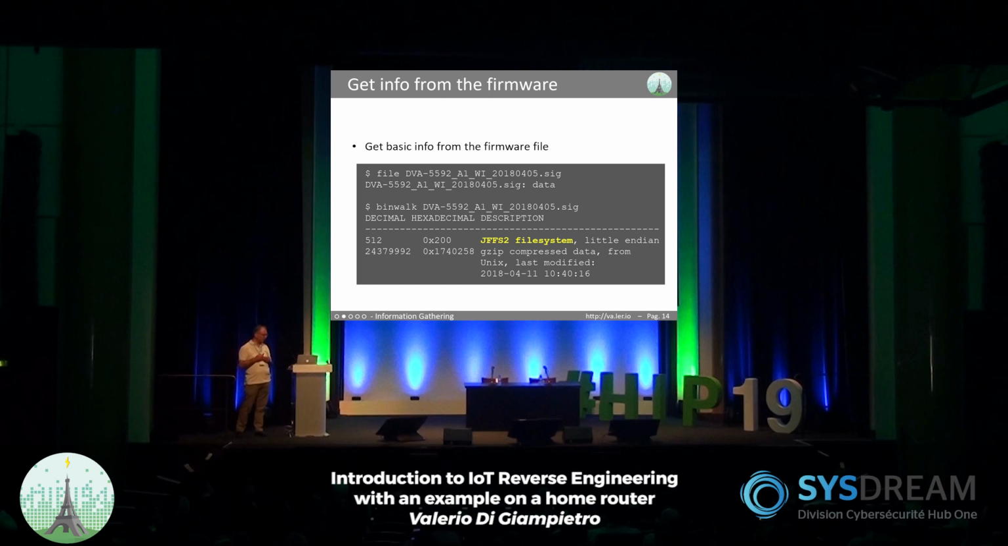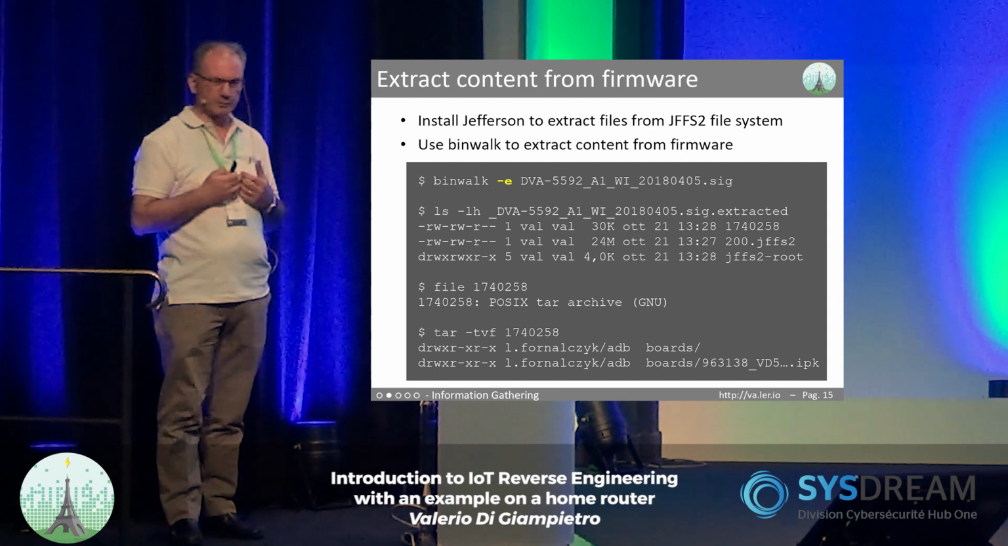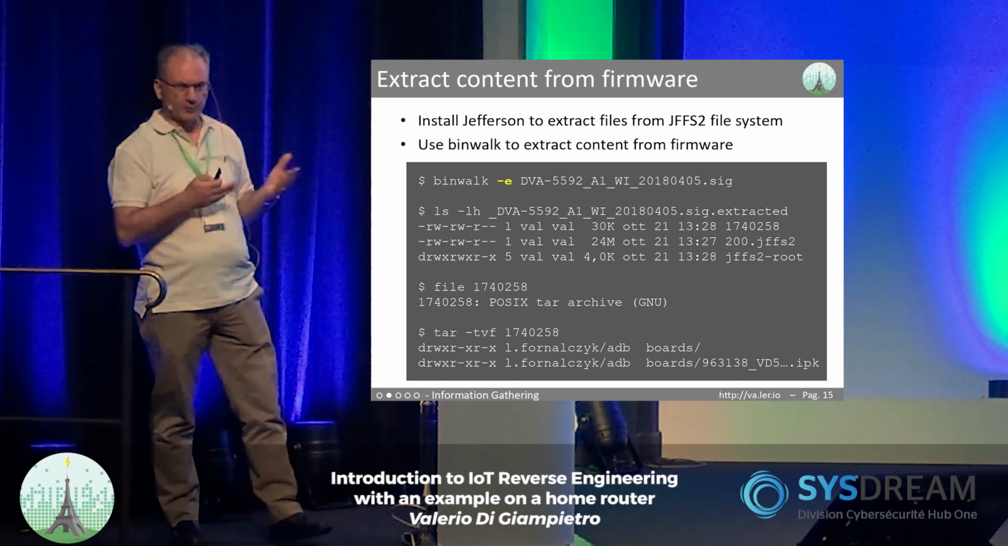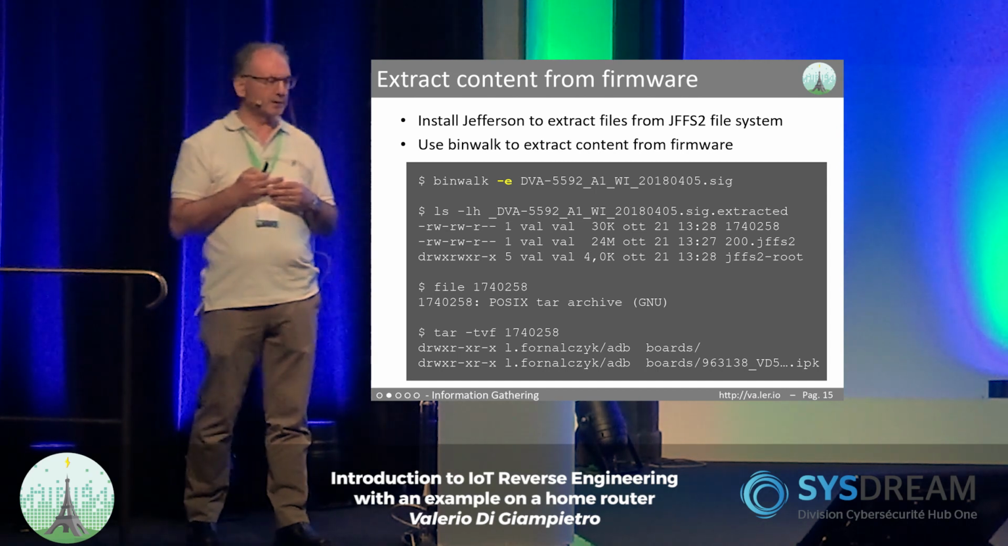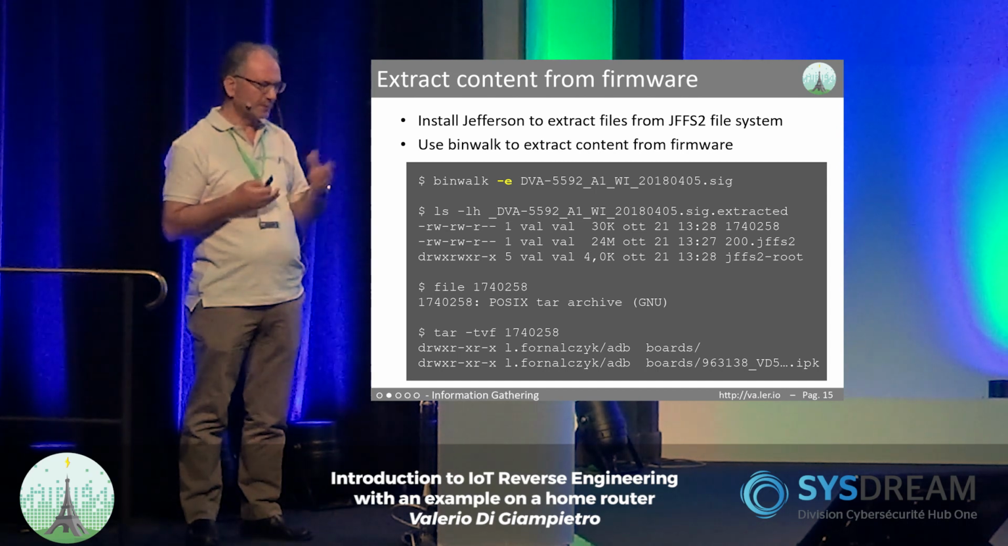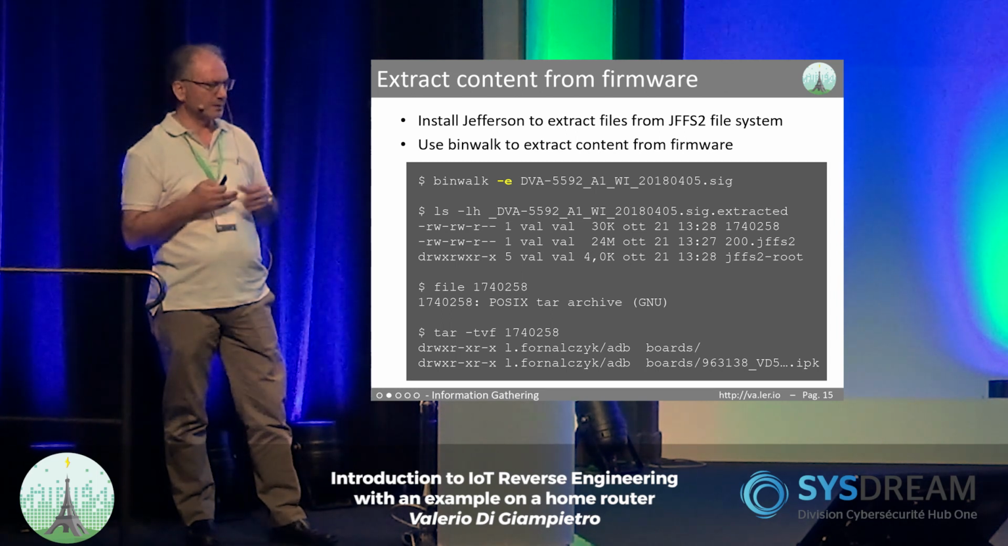In this case, Binwalk tells us that we have a JFFS2 file system image and a gzipped compressed data segment. JFFS2 stands for Journaling Flash File System version 2 and is quite popular in embedded devices with NAND flash file system. We are also interested to extract the content from the file system image because we want to see the root file system. To extract the content, we need the Jefferson program to install on our Linux machine